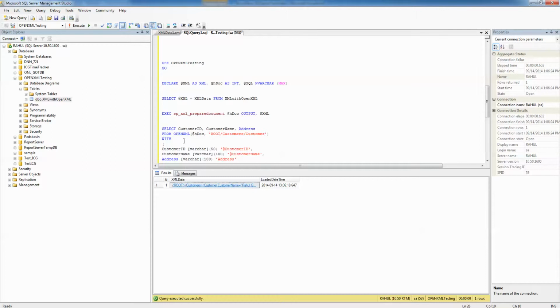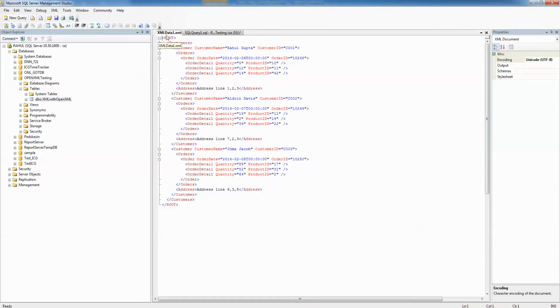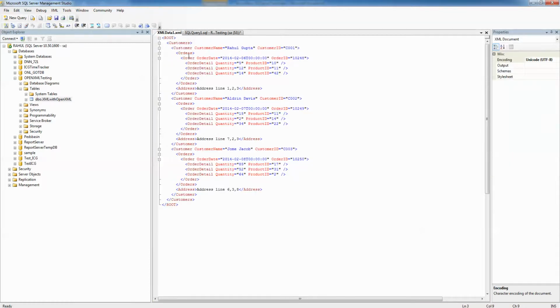Now, what does this query mean? Select star from this: customer ID, customer name and address from the customer ID. Now, from this XML document, we need to navigate. If I open the XML file again, we need to navigate to customers and customer. Root customers and customer. So what we'll be getting in the output is, since we are navigating to this root customers and customer, we'll be getting the customer name, the customer ID and the address as well. Because we are not going to a deeper level, we are going to root customers and customer. So we'll be getting the customer name, customer ID and this address as an output in these columns.